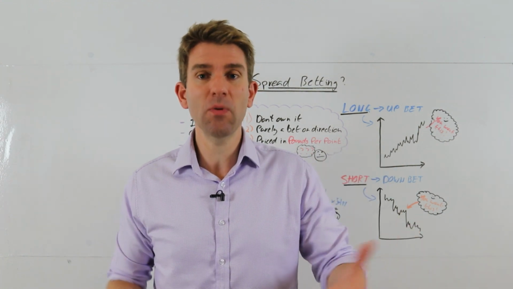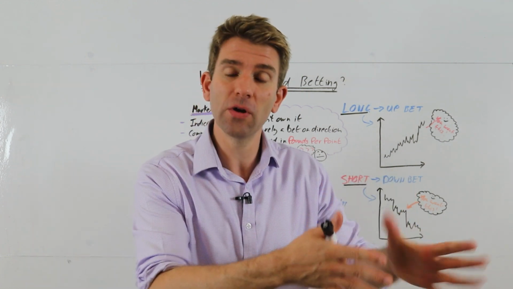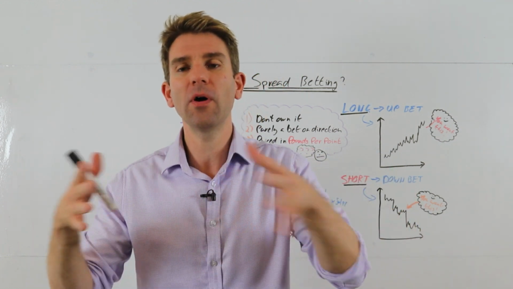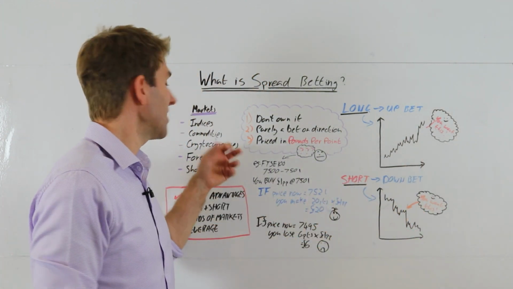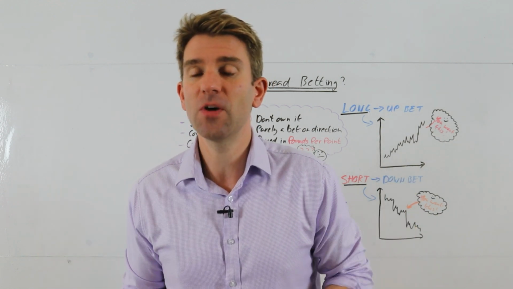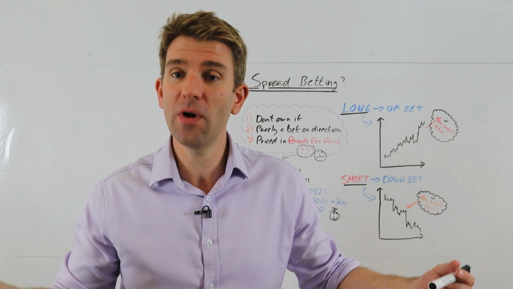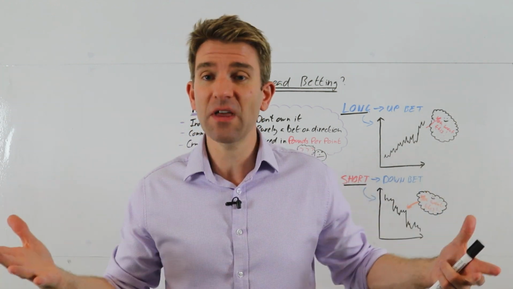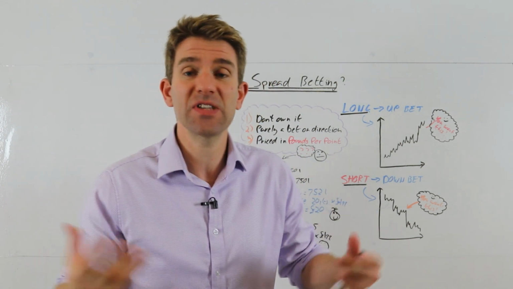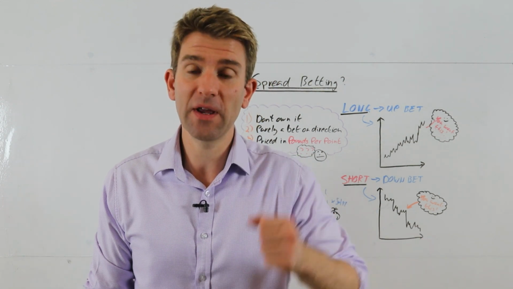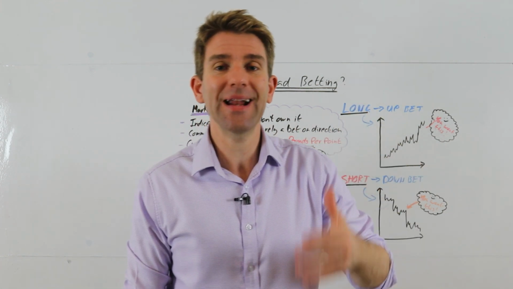So indices are a big one, super popular with spread bettors. We've got things like commodities as well: the price of oil, gold, silver, copper, corn, soybeans, you name it, a massive amount of things. Then we can move on to cryptocurrencies. Many spread betting firms offer cryptocurrencies so you can speculate on the price of a crypto. You've heard about Bitcoin, probably Ripple, Ethereum, and a lot of spread betting companies will offer a variety of them. Exactly the same thing: if you think it's going down, you can bet on it going down, and we'll look at going short, as it's called, in a moment. Same with anything, you can speculate on the direction.